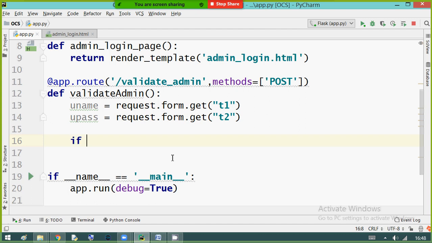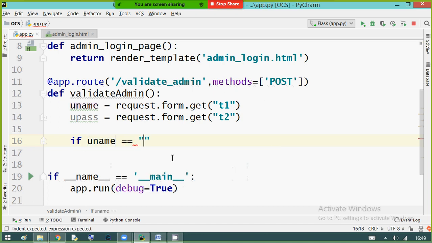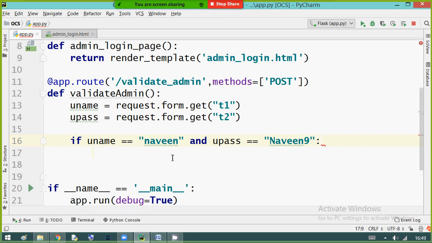So I'm writing a condition: if username is equals to Naveen and user password is equals to capital NAVEEN, Naveen, and digit 9 I am taking. That's my password.